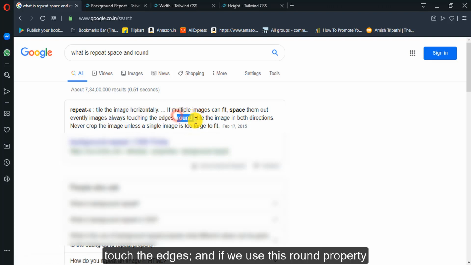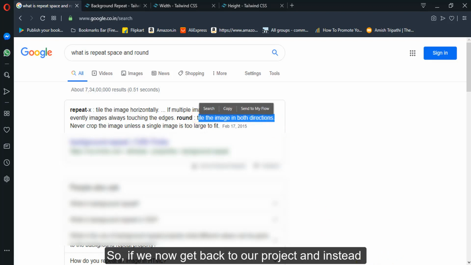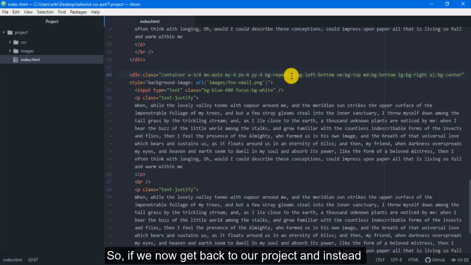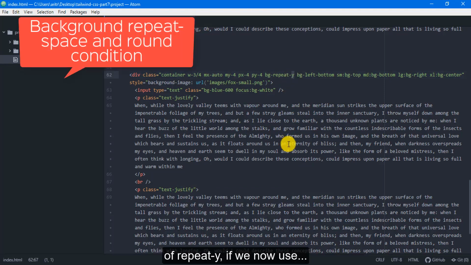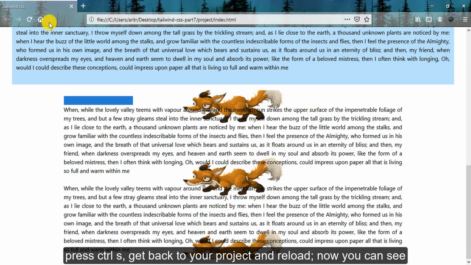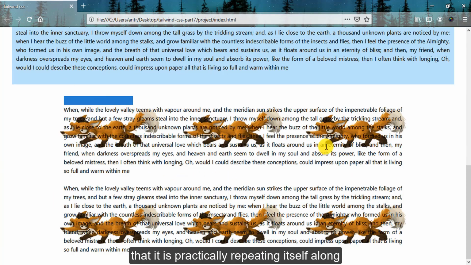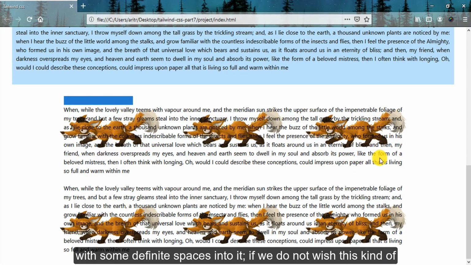And if we use this round property here, it will be tiling up the image in both directions. So if we now get back to our project, and instead of repeat Y, we use repeat space, press Ctrl S, get back to your project and reload. Now you can see that it is practically repeating itself with some definite spaces in it.